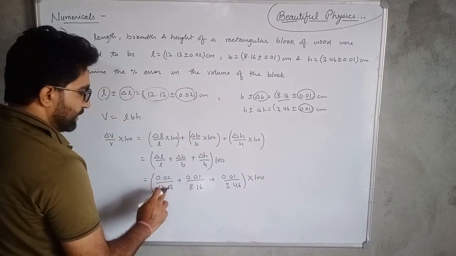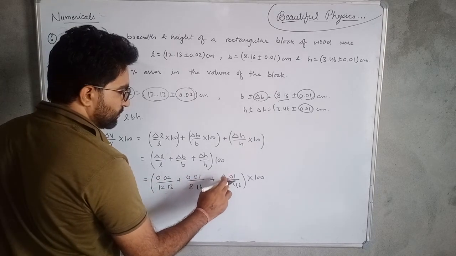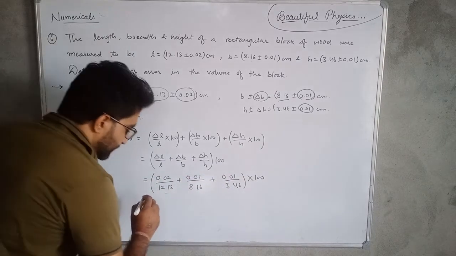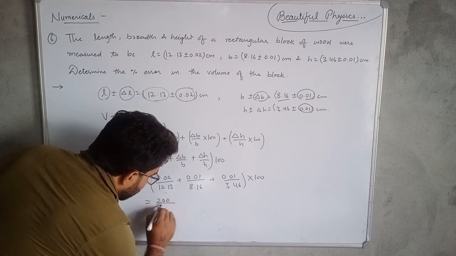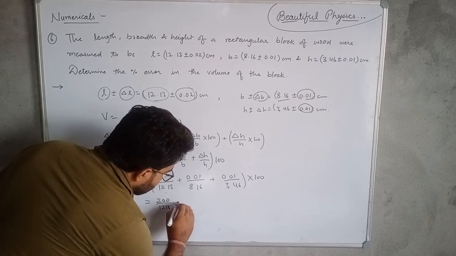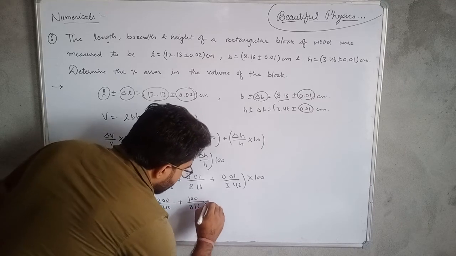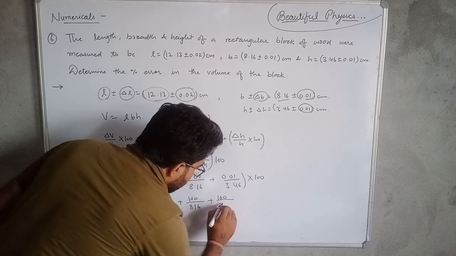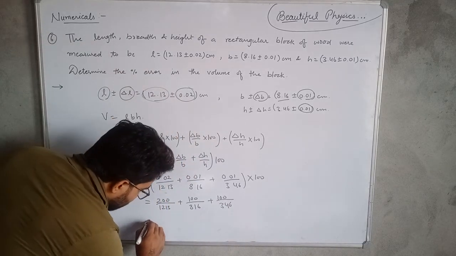The points of each term cancel out, and when we multiply 100 we have 200 divided by 1213 plus 100 divided by 816 plus 100 divided by 346, and when we solve these values we have